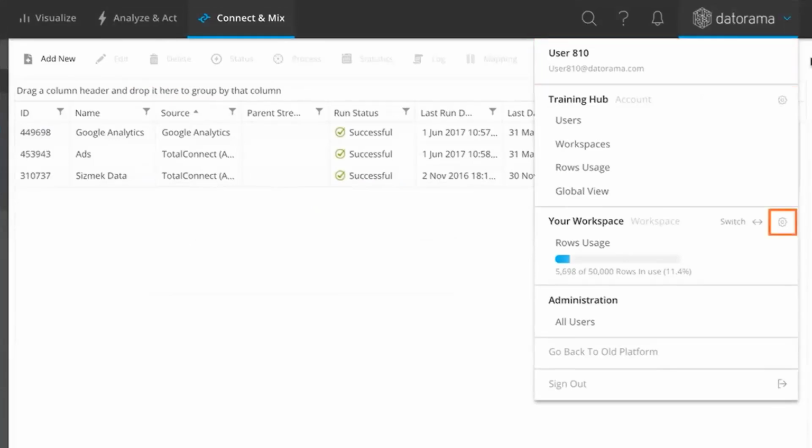So workspaces will allow you, if you're working on multiple projects, to switch your workspace from the tab that you see in your user settings, and you can switch to the different workspaces that you have access to, right. So that's all about